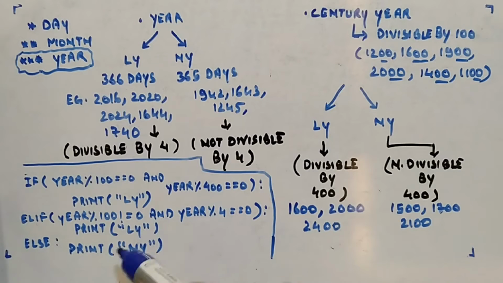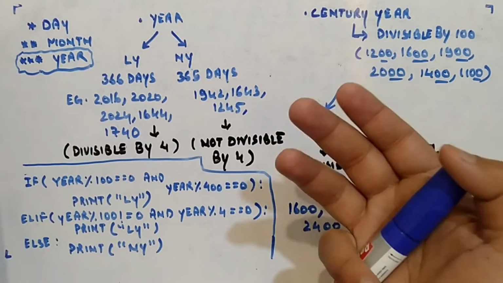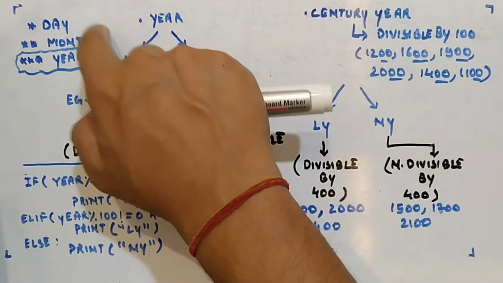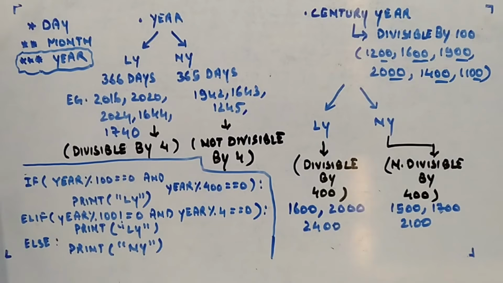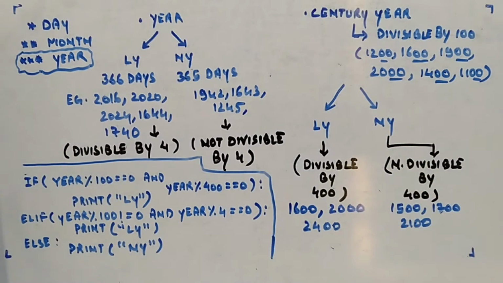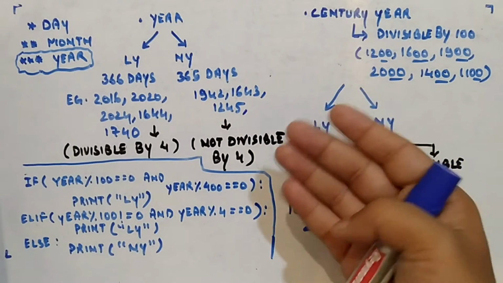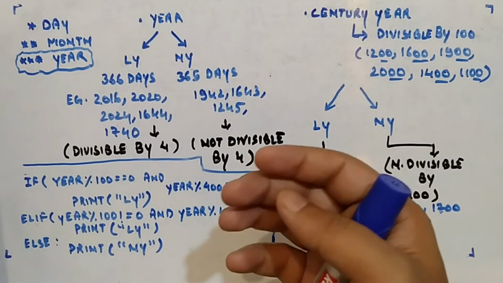So this is just to check whether the given year is a leap year or not. If it is a leap year, it will print ly. If it is not a leap year, it will print ny. Simple. That's how you check whether the year is a leap year or not, and I will be using this in the months case, when I am coding month. Just remember. So that was it, and I'll now jump to the concept of odd days: how to find the odd days for a given year.